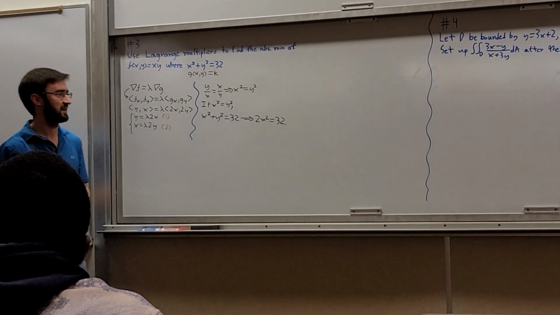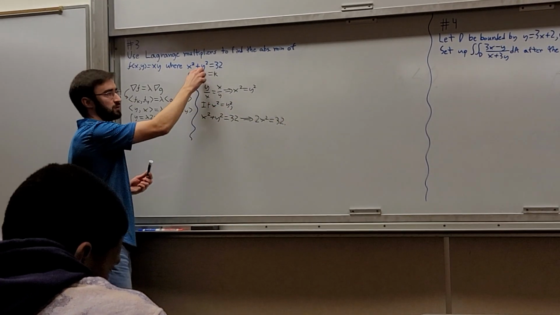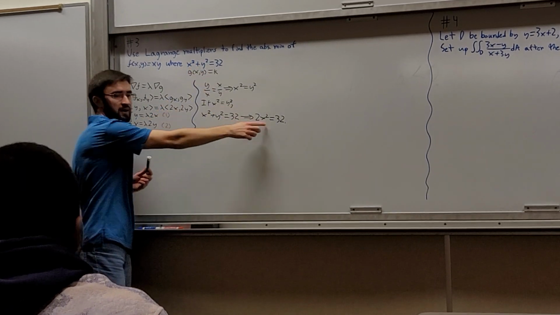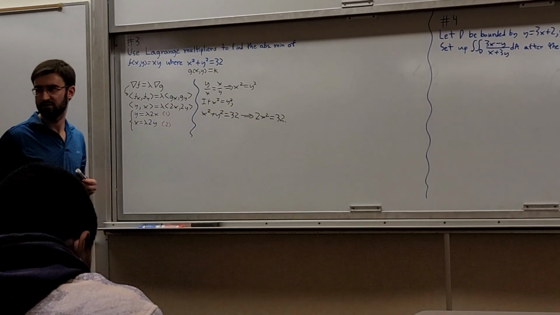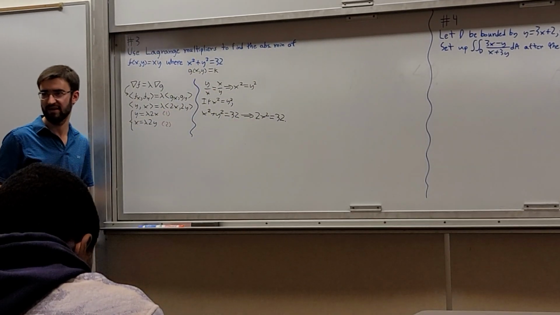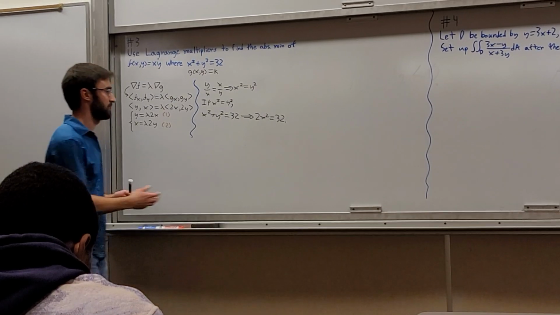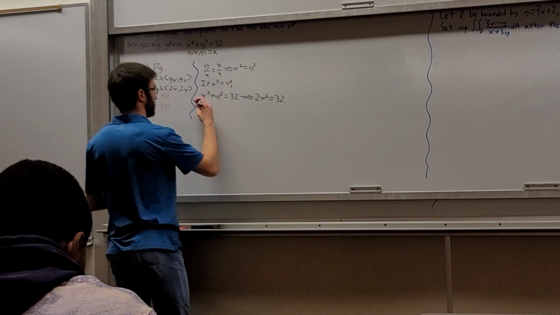Does everyone see how I did that? I just plugged in x squared for y squared into this equation and then simplified and got this. So there's no confusion? Is that how I did that? Okay, so if that's the case,